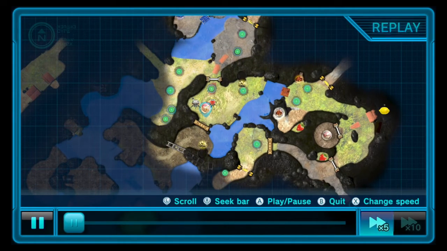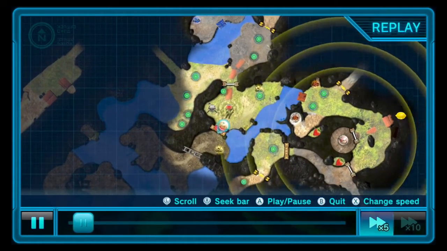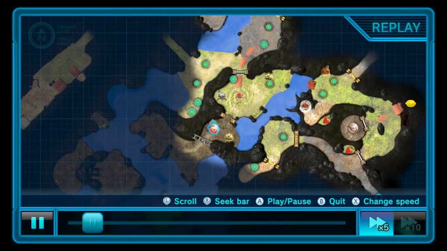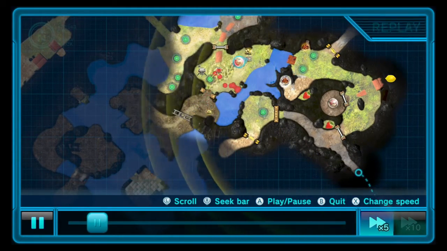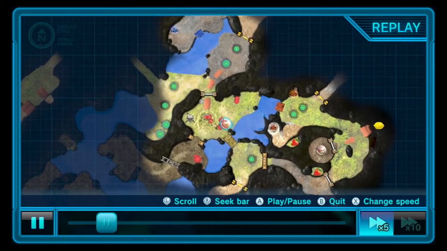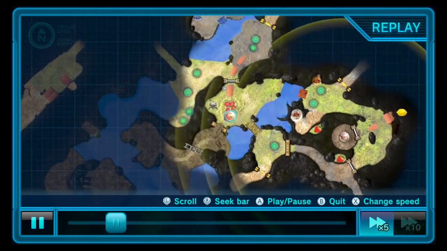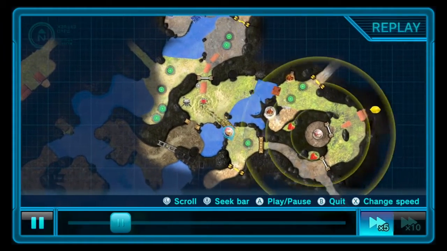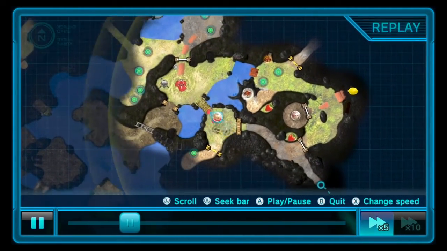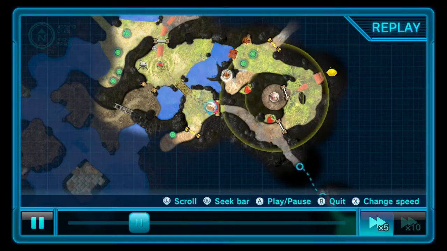So we started out at the Onion. Got our troops. Broke down the wall. Got some pieces to build that bridge. This is cool. Then we collected everybody back together. We went over the bridge. Broke down a wall. Okay, and you can see on the map where